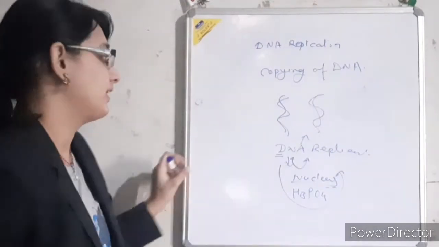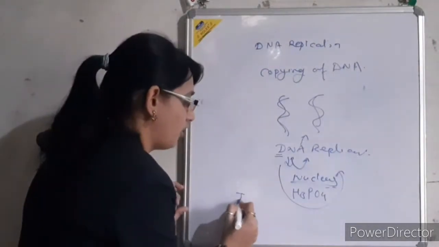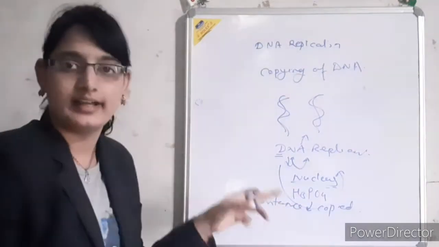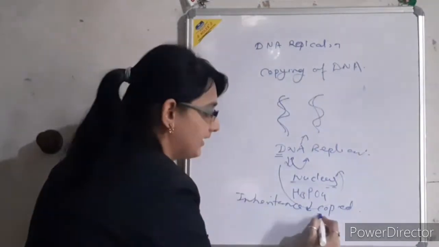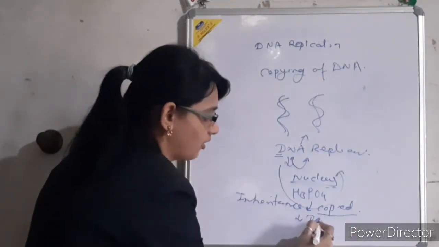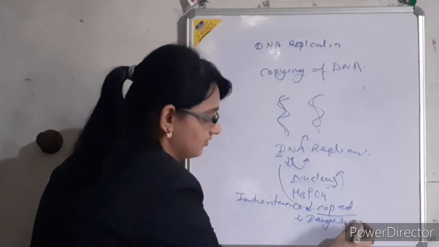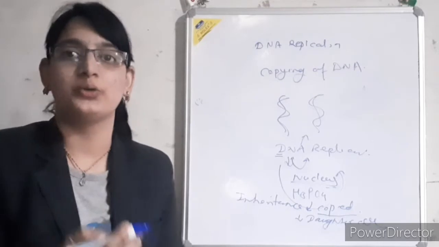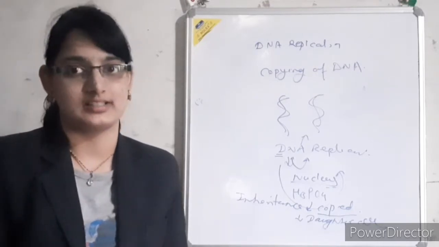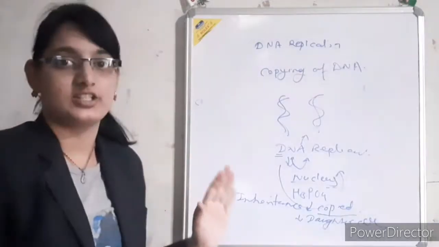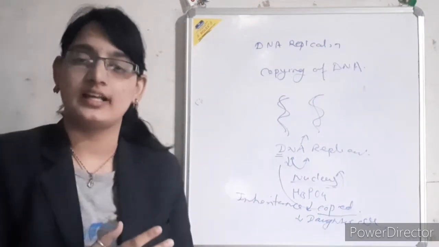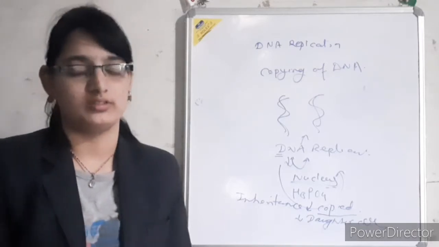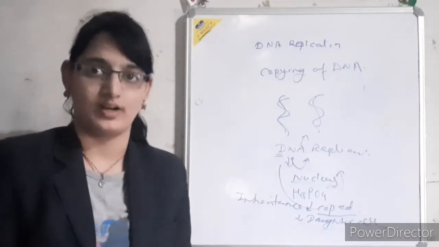Now this genetic material, during the process of inheritance, gets copied. This copied DNA goes into the daughter cells to give the genetic characters to the new daughter cells. So this is DNA replication. This DNA replication occurs in different phases, and those phases are denoted as the types. So now we will see the types of DNA replication.